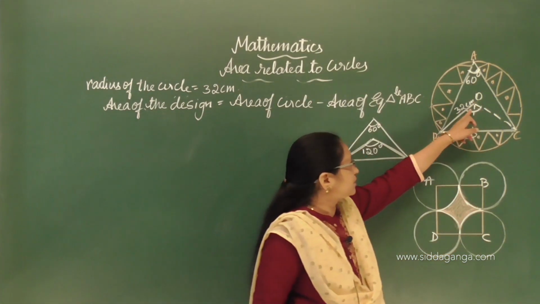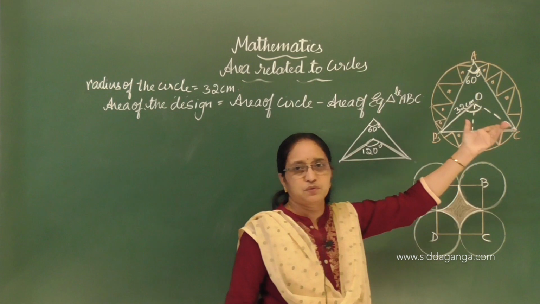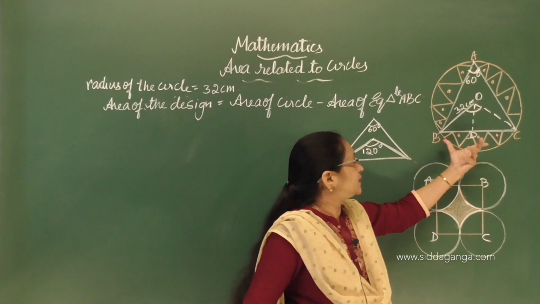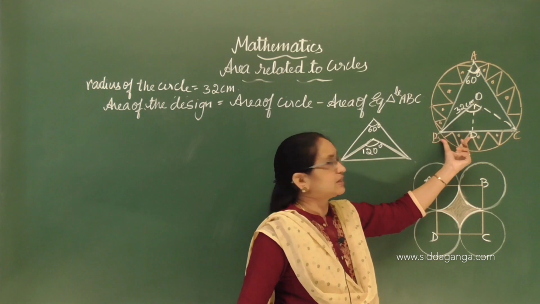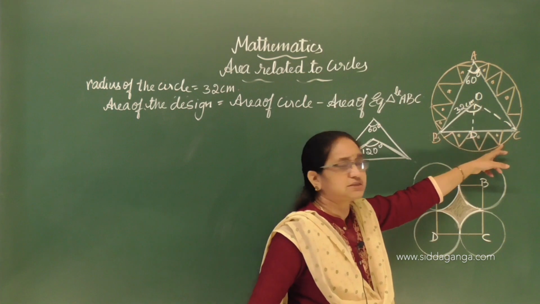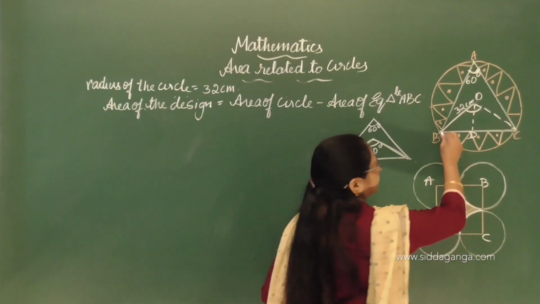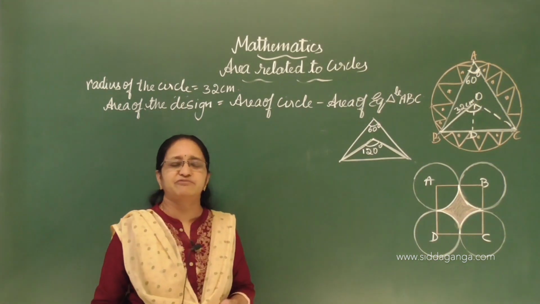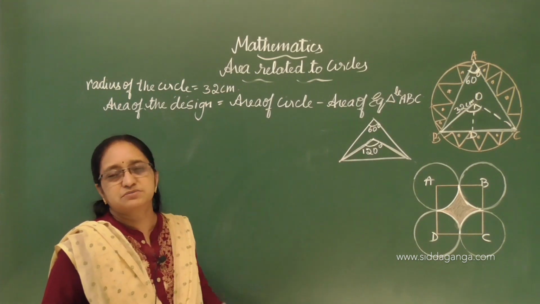Then by using the trigonometric ratio you can find out BD and of course OD also, but OD we do not need. So BD we want, so BD you will find out, then 2 times BD will be equal to BC, correct? If you find out BD, then you can find out BC. So you will get the side, since it is an equilateral triangle, so you can use the formula root 3 by 4 into a square. So this is the whole concept of this problem.